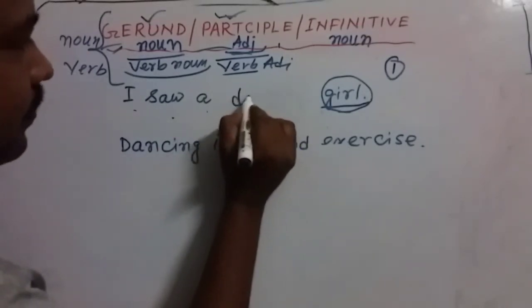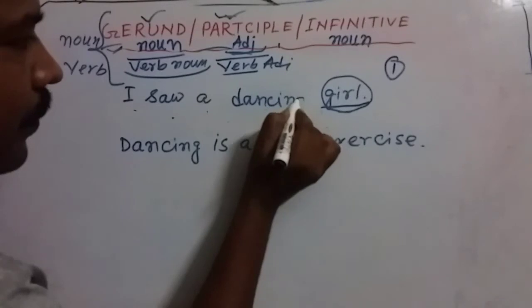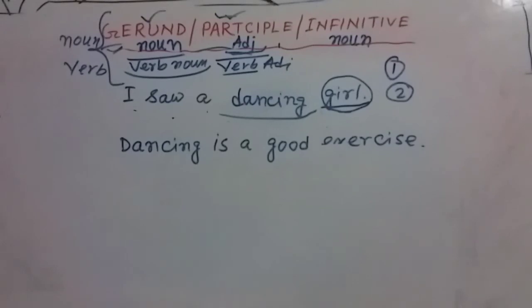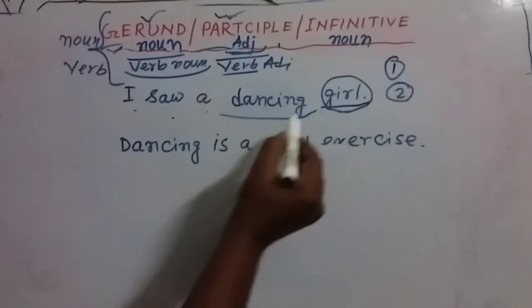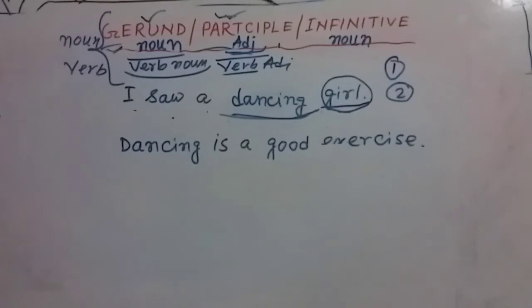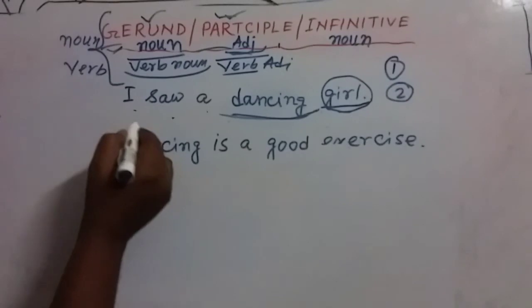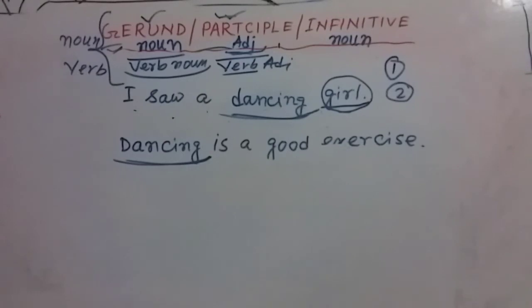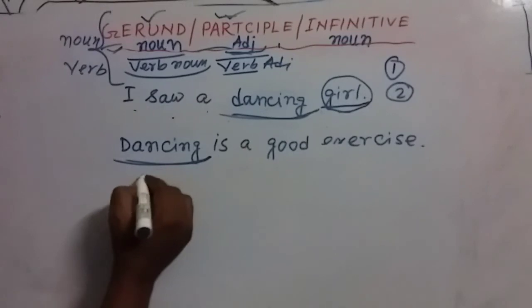So my dear friends, I just gave you the second clue to find out the participle. So you got it. That means the adjective will be replaced with another adjective and the meaning will be the same. The same thing happens with nouns. Here this is the subject of this sentence. As it is the subject, obviously it will be a noun or pronoun. It's not a pronoun, so obviously it's a noun.